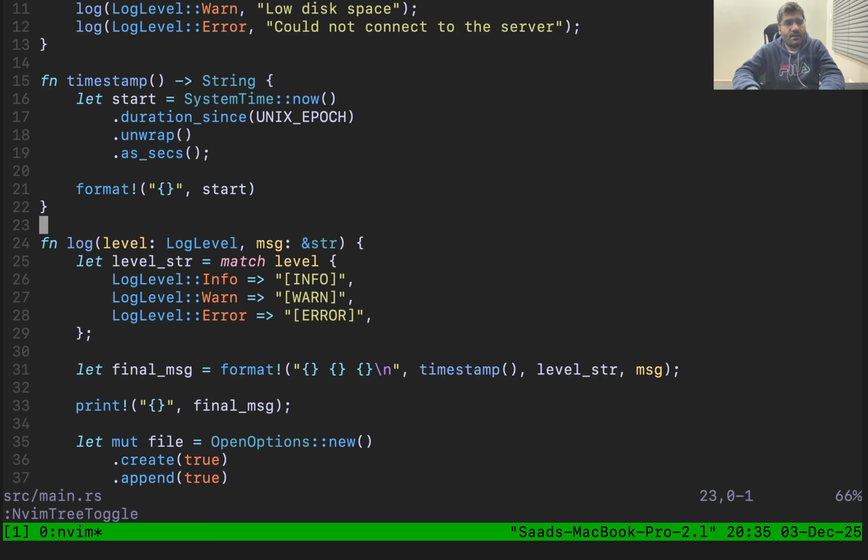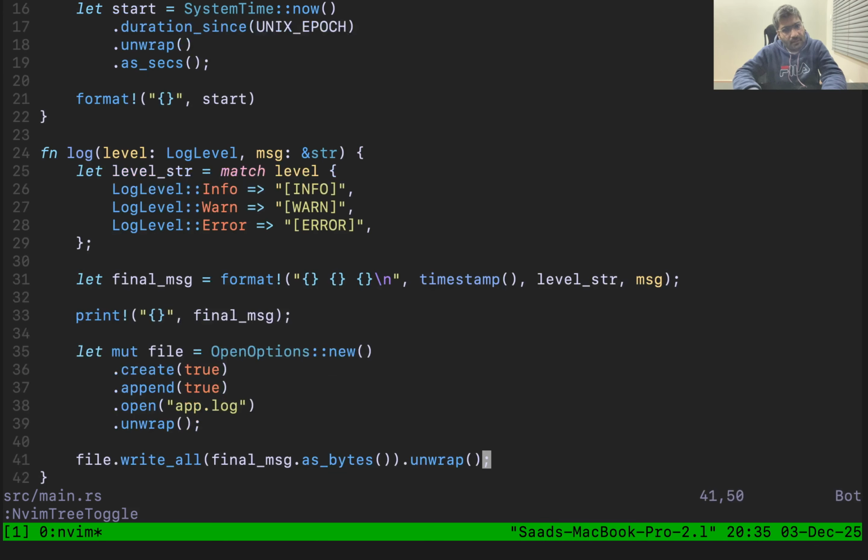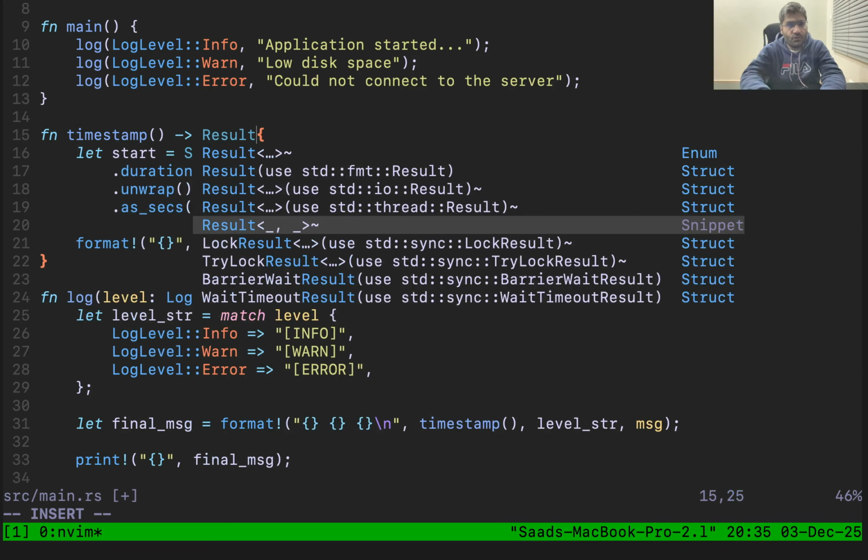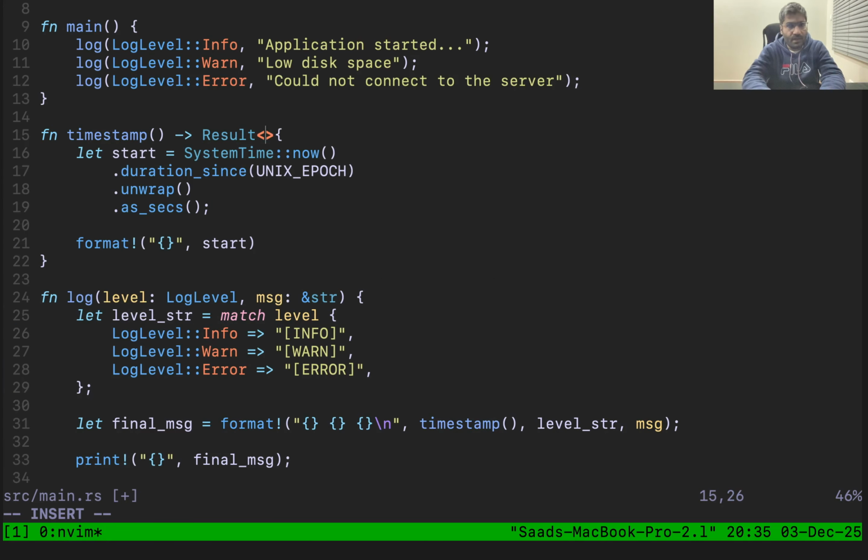So now I think we have to refactor this code, and we have to remove the unwrap. For the unwrap we should use the Result or the Option enum, but in this case I am going to use the Result enum. The first function we are going to refactor and remove the unwrap from, we are going to use the Result, and this will return the String. And what's the error? The error will be